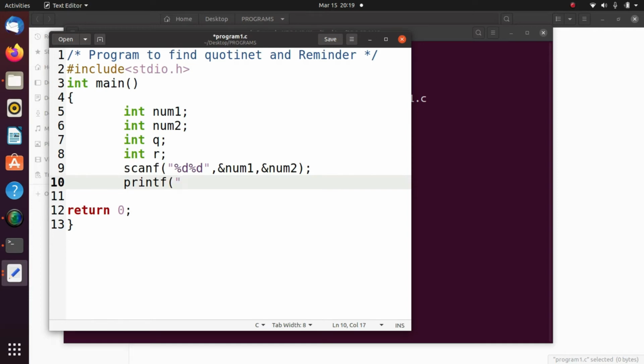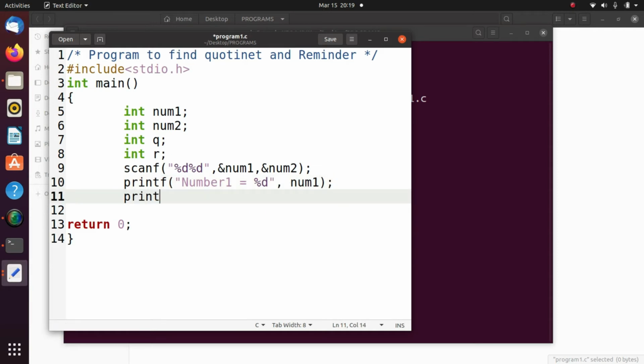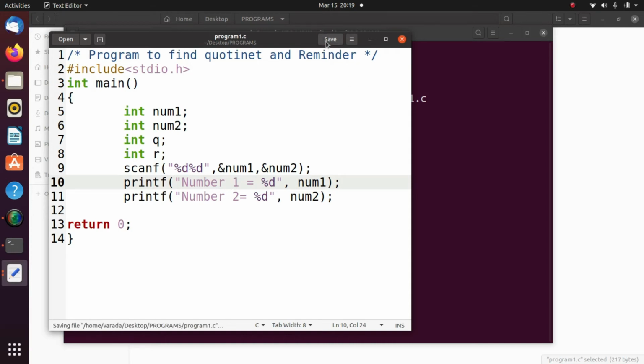Here I want to print like this: number 1 equals %d, and I give variable name num1. Every line is terminating with semicolon. Second instruction, number 2 equals %d comma num2. First we execute this program. So save. Here you can click save.